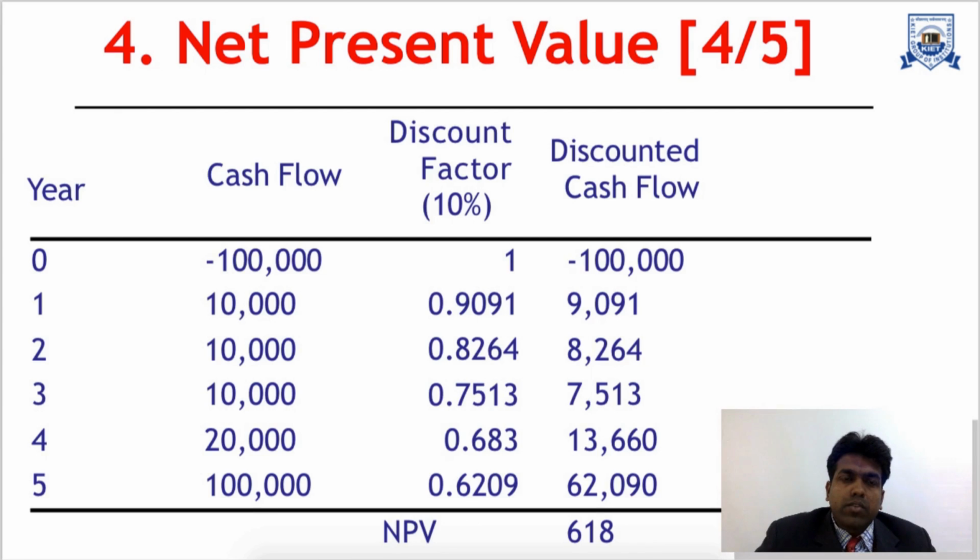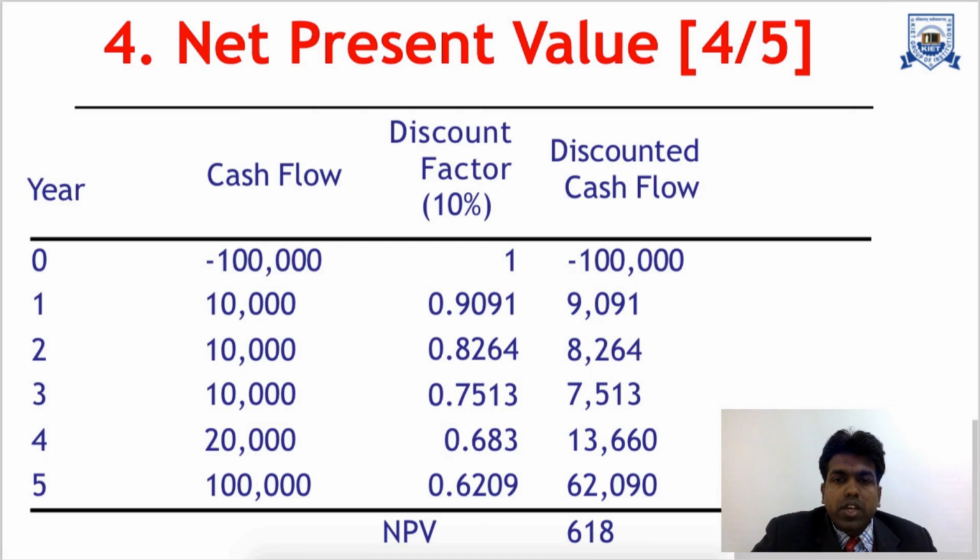For the first, 1 lakh in minus into 1, then we'll get this one. And then in the second case, in the first year, 10,000 into 0.9091, we'll get this one. Same as we will calculate for this one, 10,000 into 0.7513, we will get this one, and then 20,000 into 0.6830,